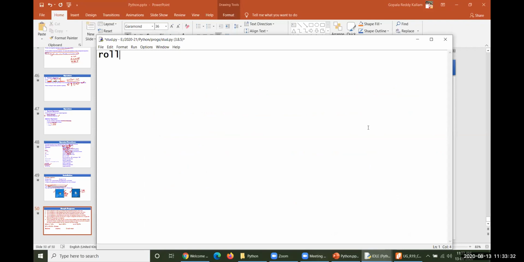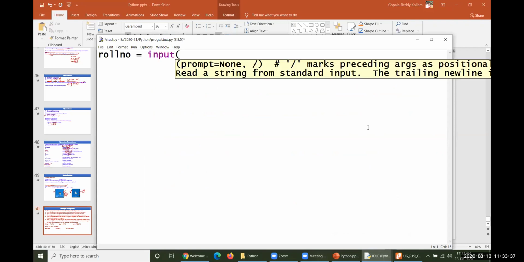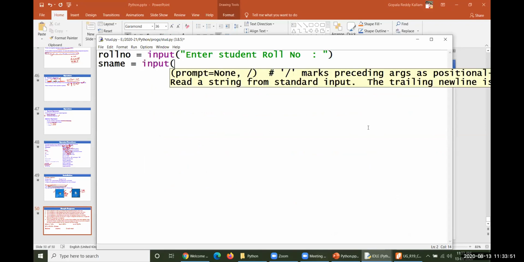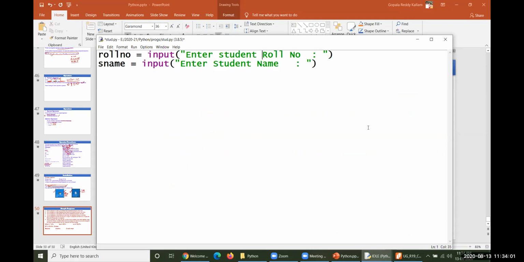So ROLLNO, roll number, is equal to input of enter student roll number. Yes, I have taken. Then name, student name, will be equal to input of enter student name. Okay, so that is also over. Then followed by